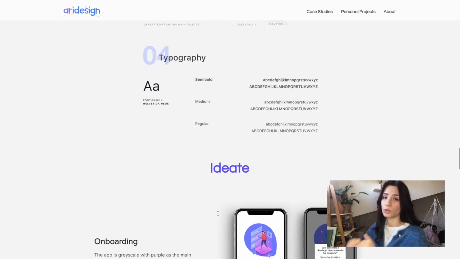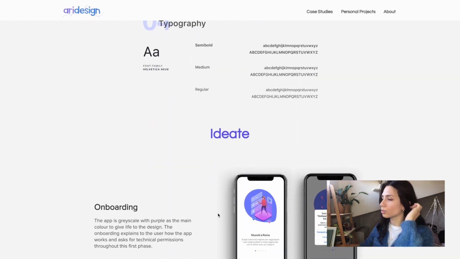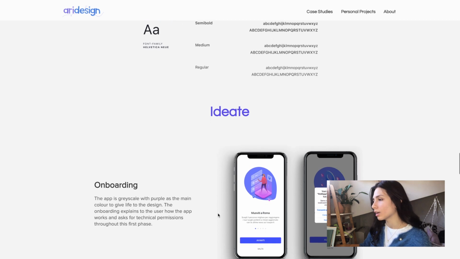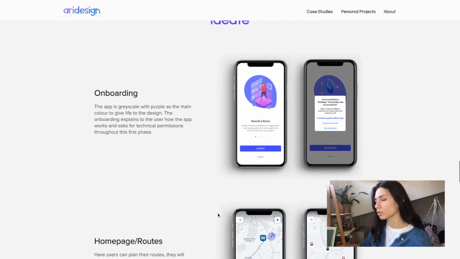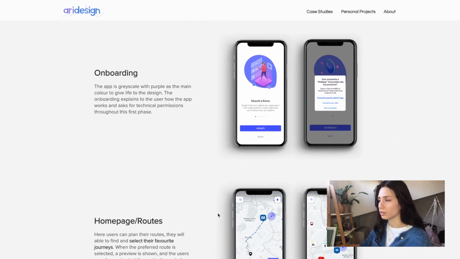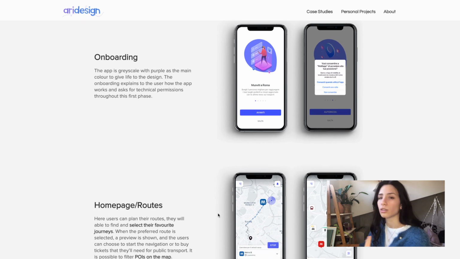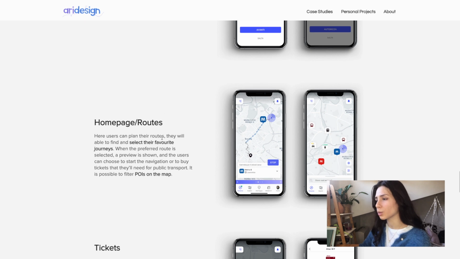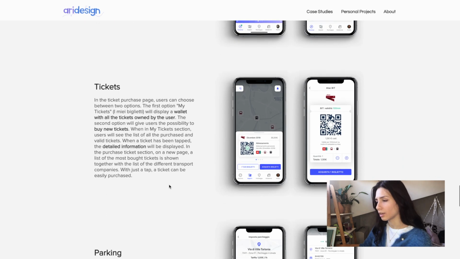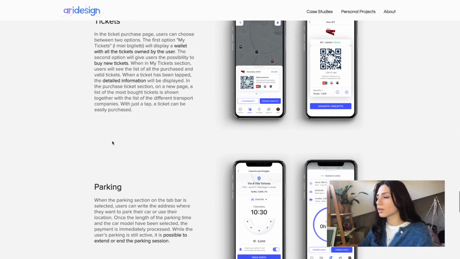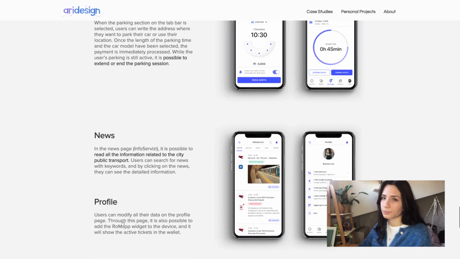And then there's the UI phase that I called ideate. In this phase, I'm going to explain more in depth each screen of my app. So there's the onboarding phase, the on-page routes, the tickets, then there's the parking, the news and the profile.